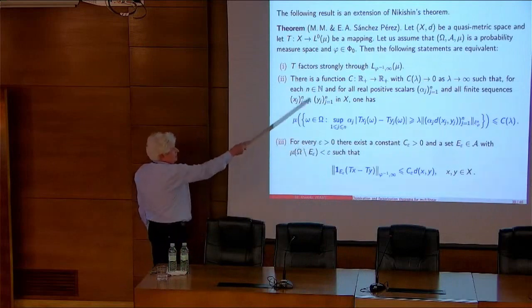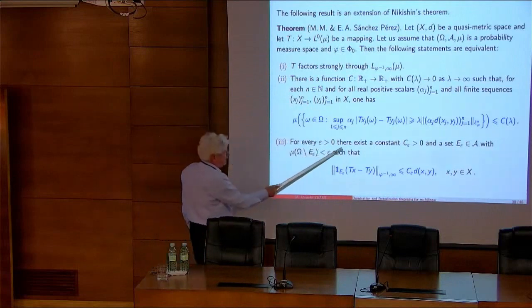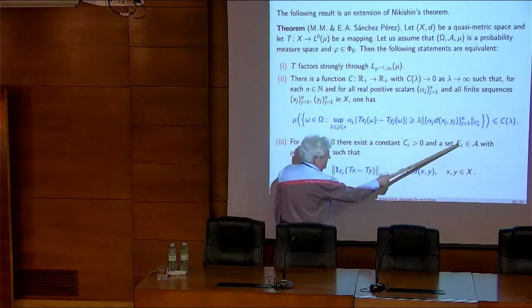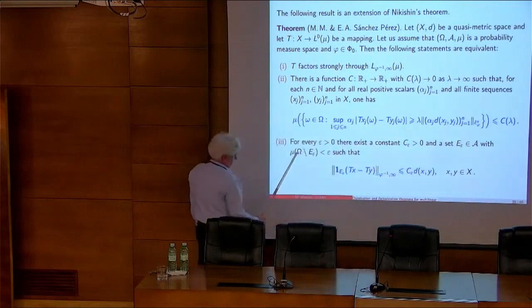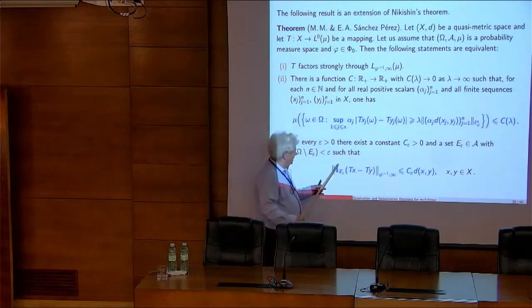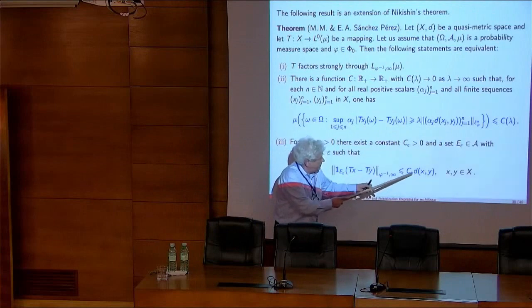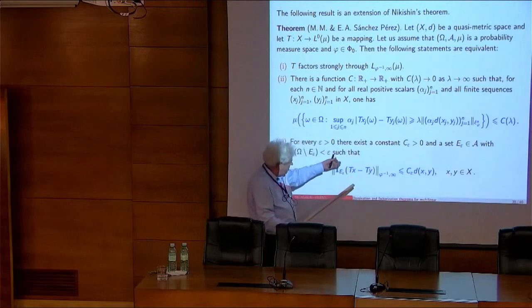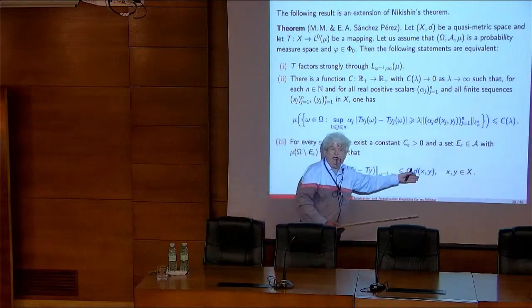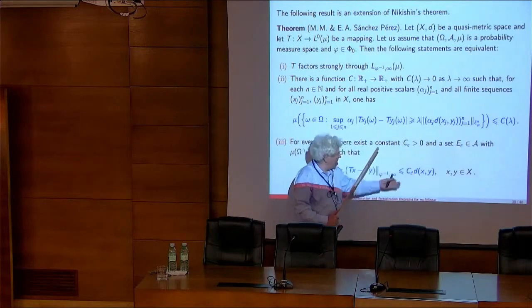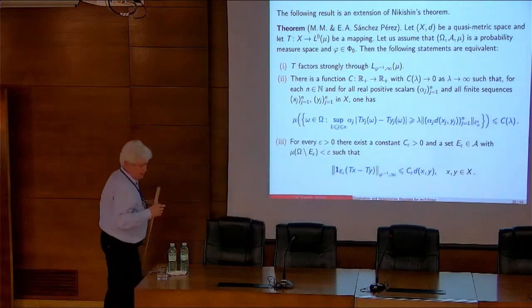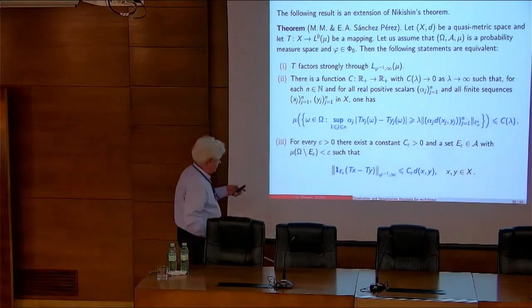For applications, this one is very essential. For every epsilon, there is a constant depending on this epsilon and a measurable subset such that the difference is less than epsilon, for which, if we multiply by the characteristic function of this set and calculate the quasi-norm in our Marcinkiewicz space, it has an estimation via the metric. So roughly speaking, restriction gives that this map is Lipschitz in this restriction to this Marcinkiewicz space.